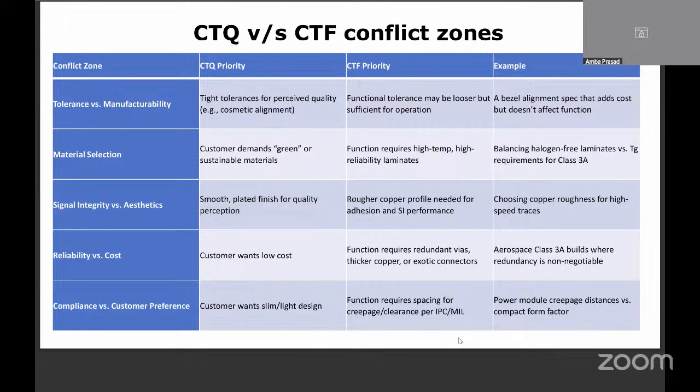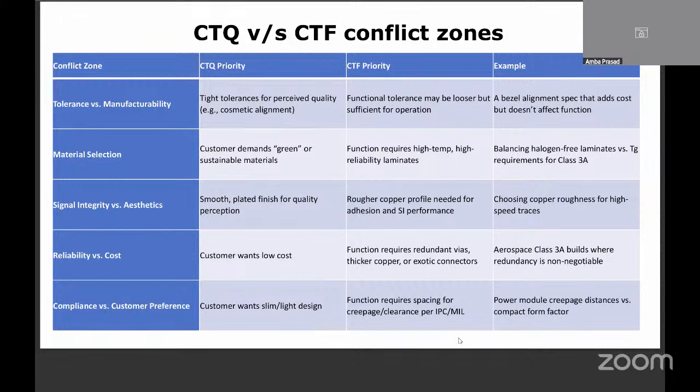So suddenly one person says, why are there so many ground vias? They are not connected anywhere. Why do you have to put so many ground vias? Whether you put one ground via or 10 ground vias, they are connected to ground. If you put one via, the connection is over. Then why are you putting a second and third and fourth via? These are the questions. And again,